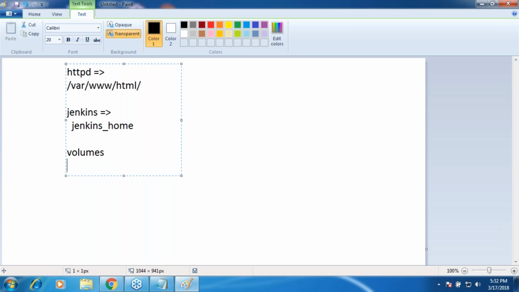Yesterday when I wrote this statement, docker run -p 80:80, this port is of which machine? The machine where Docker has been installed. And what is this one? The container's port. So I'm going to use the same strategy again, but this time I'm going to use a command line option called -v, where v stands for volume. Make sense? Fine. Let me see if there are any doubts over the web.